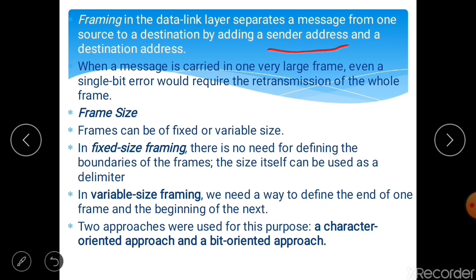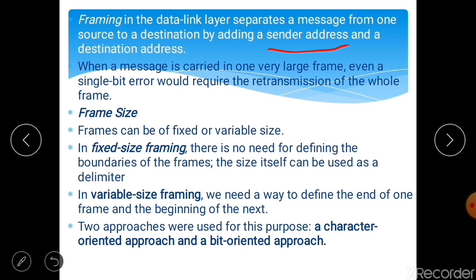When a message is carried in one very long frame, even a single bit error would require retransmission of the whole frame. You can think that the whole message could be packed in one frame, but normally that is not done, because if the frame is very large, it makes flow control and error control very inefficient.